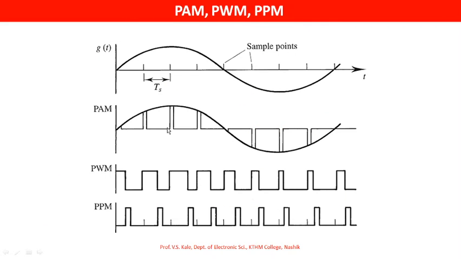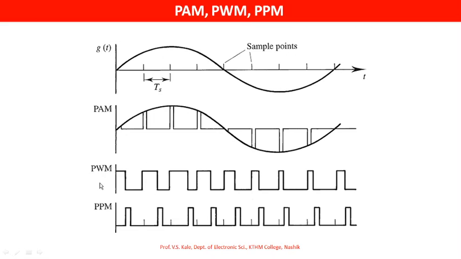Now observe the figure in which all three modulations are shown. First figure shows the modulating signal. Small vertical line shows the sample points. You already learned about the sample and hold circuits. Second figure shows the pulse amplitude modulation. Amplitude is changing of carrier corresponding to the modulating signal.